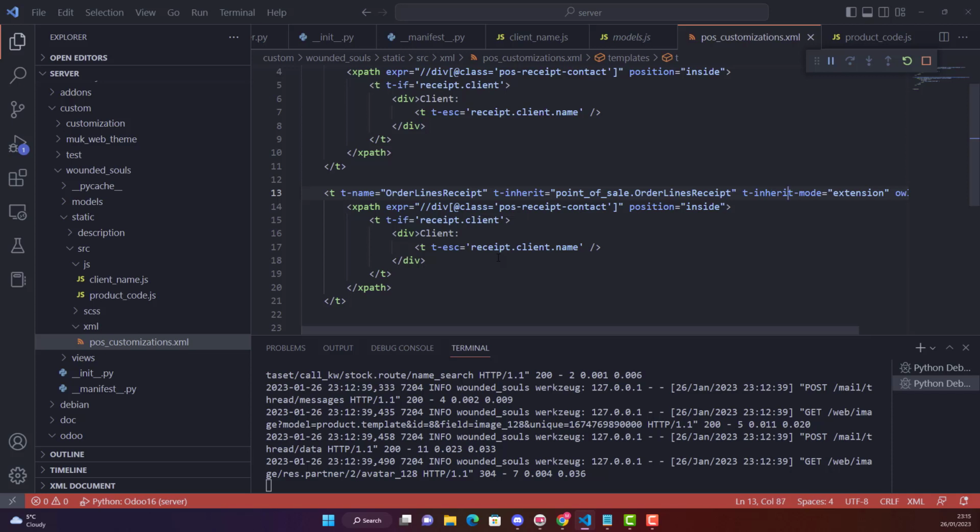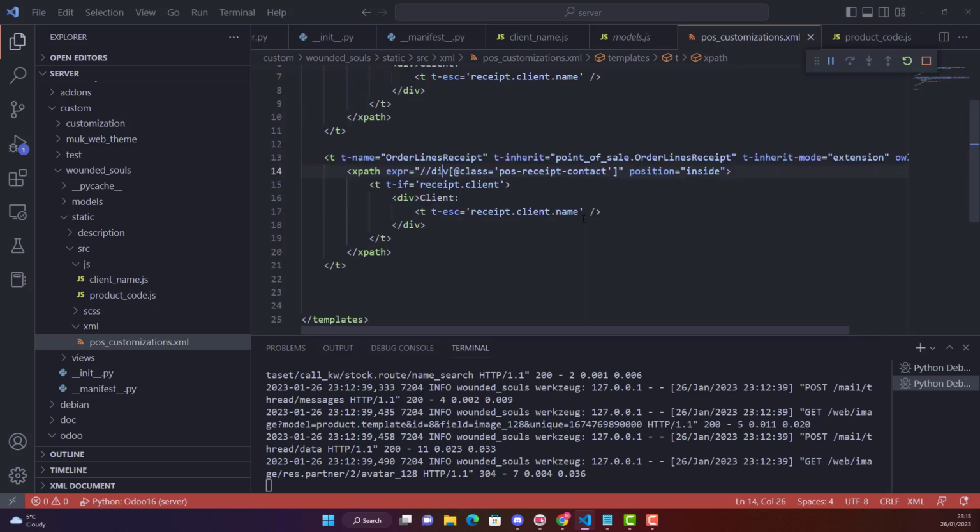Yes, T inherit mode is extension, and all is one. Yes, X paths. Okay, here I have already done research on where we want to make the change. So basically, let me just